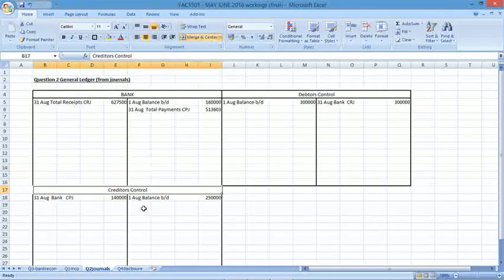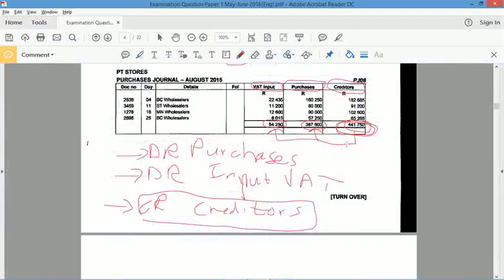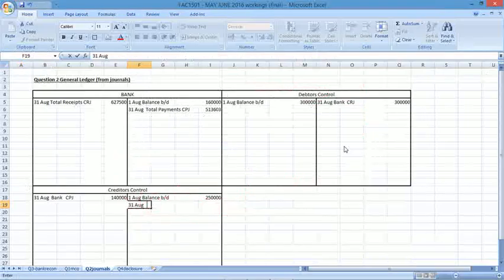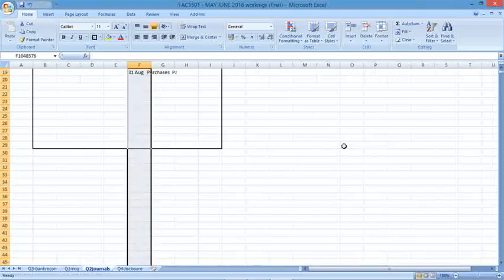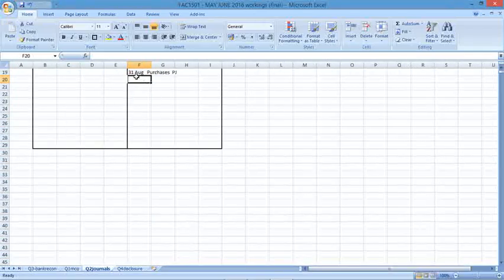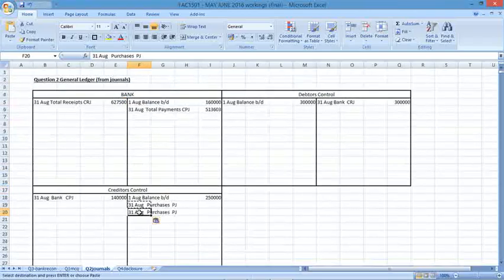So what's going to happen to my creditors? Well, did I buy or sell? I bought. So on the 31st of August, your creditors is going to go up, the liabilities go up on the credit. It's going to go up by how much? Well, 441,750. A portion of it is purchases and a portion of it is VAT. So purchases, purchases journal, right? And then the same thing here. Copy, paste. All right, and this will be